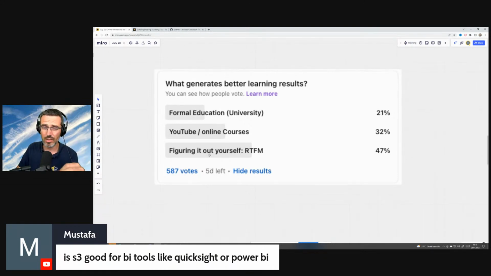I think it's a combination of this. You need some kind of formal education. It's very, very hard to teach everything to yourself. You can do it, but it's very difficult. If you have some sort of fundamental formal education, boom, then you can go up and you can look at other stuff.